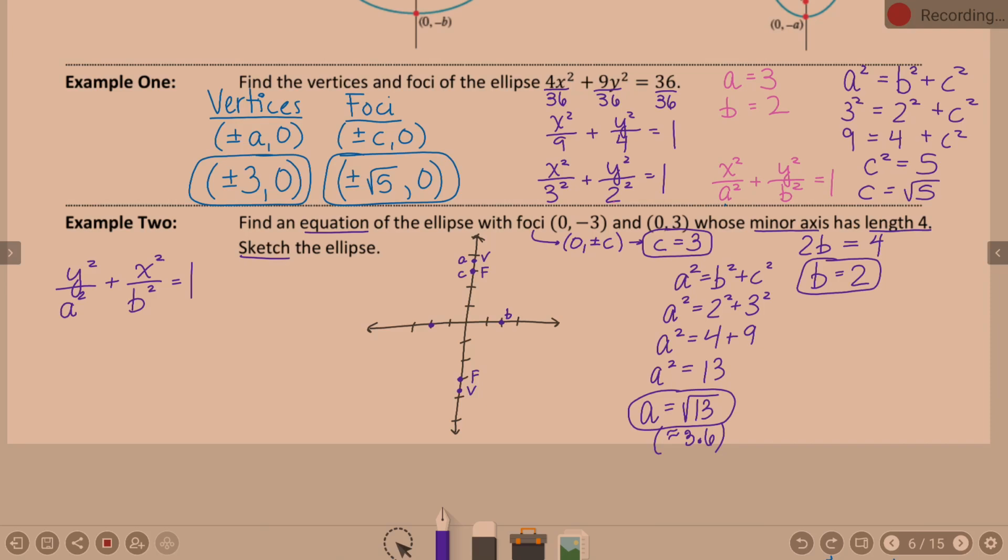Now, you're ready to finish your sketch. Do you know which dots to connect? The A's and the B's, okay? Do the C's get connected? No, those are your foci. Remember, the foci are points inside the ellipse. So when I connect these,